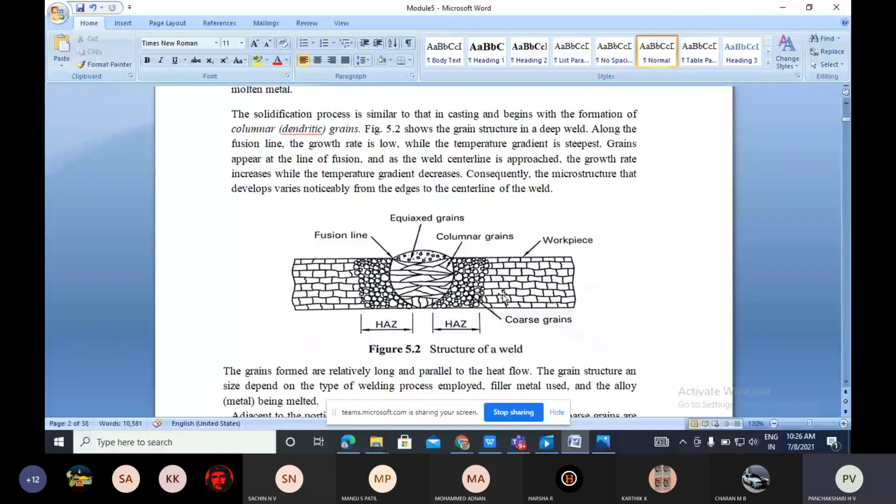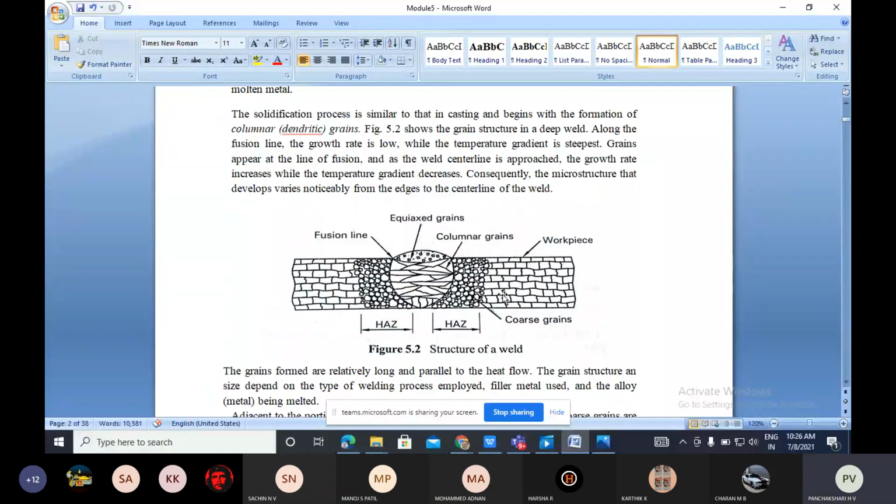After that, surrounding the columnar grain, you can see the coarse grains. Coarse grain means bigger grain size. They are almost similar to the equiaxed grains, but they are coarse, meaning bigger, larger grains. Surrounding the coarse grains, you can see the fine grains, small grains. If you come outside, the small grain is outer. And after that, it is the base material or workpiece which is unaffected.